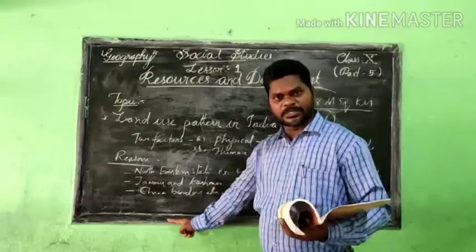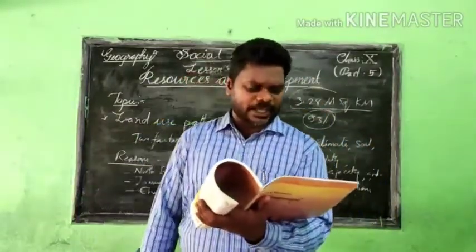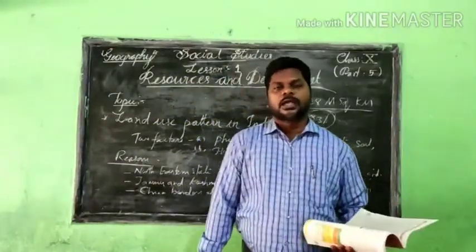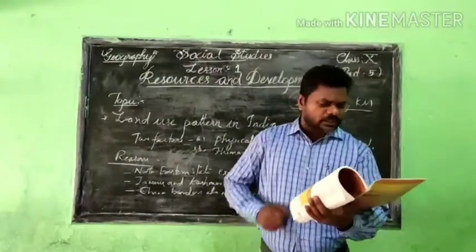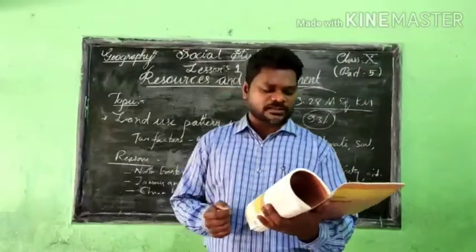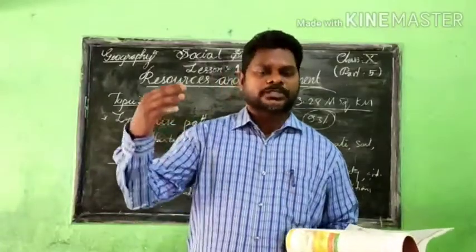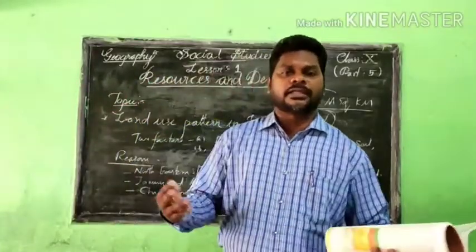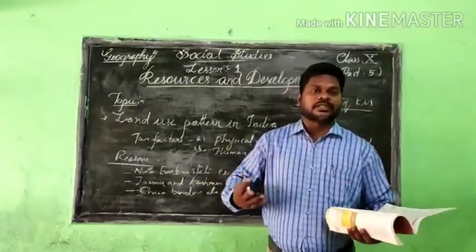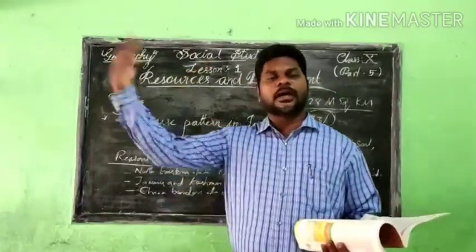Reasons I have already mentioned here, and a few more reasons I explained here. And here it is mentioned that the part of the net zone area varies greatly from one state to another. Another thing we have to learn is that the pattern of the net zone area varies greatly from one state to another. For example, in the northern plain, almost fertile area, we are doing complete agriculture over there. The same thing we are not able to practice in the Himalayan region.